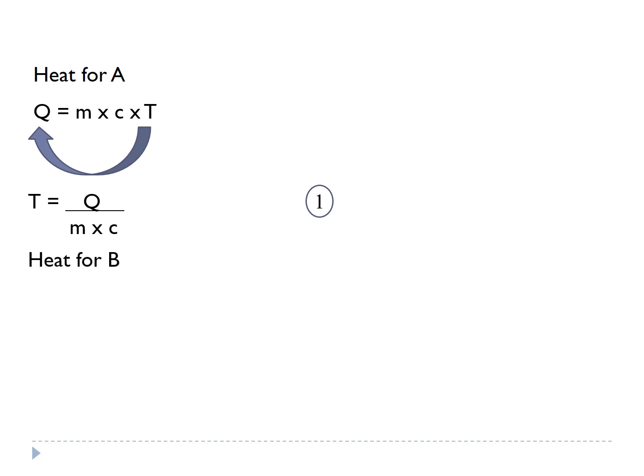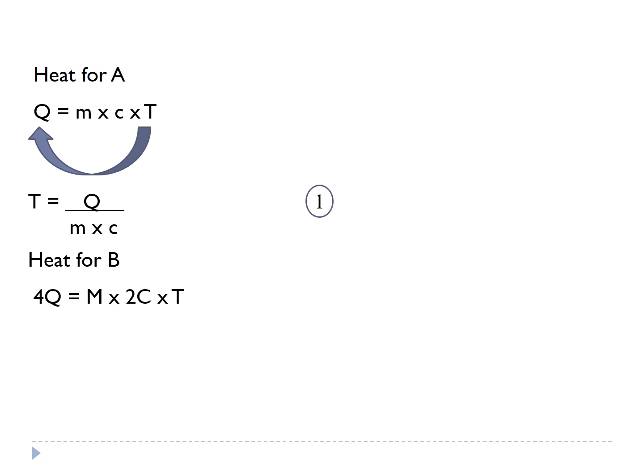Then you have heat for B. Same method we are using for B substance also. So here we are supposed to write heat for substance B. Now here what I have done, same it is, Q is equal to mCT. In that you have to fill in what is being given to you. So we know the heat of B is 4Q, that is why I have written that. Mass is taken as capital M, because this is what we are supposed to find out. So that we have considered as being capital M, is equal to, what is the specific heat of B? It is 2C. So that we have written into T, which we have taken as common.